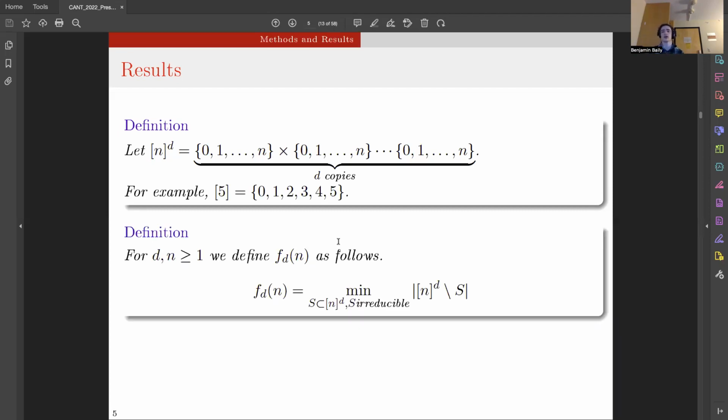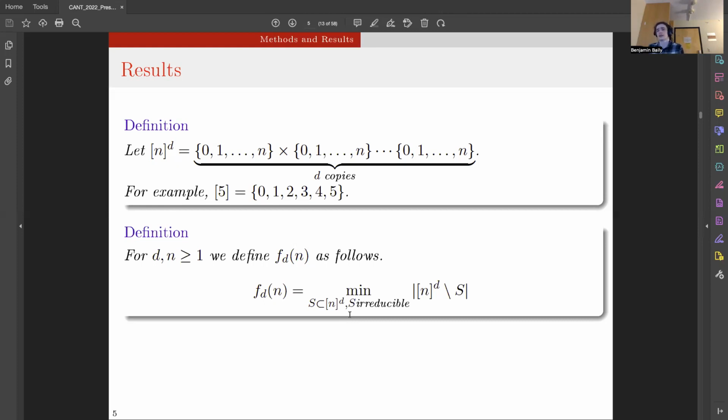The question we're asking is about this function, which says, over all the irreducible subsets of the d-dimensional cube with side length n, what is the minimum size of the complement of that set? Really, the question is what's the largest irreducible subset of the d-dimensional cube? And it's not the whole cube,